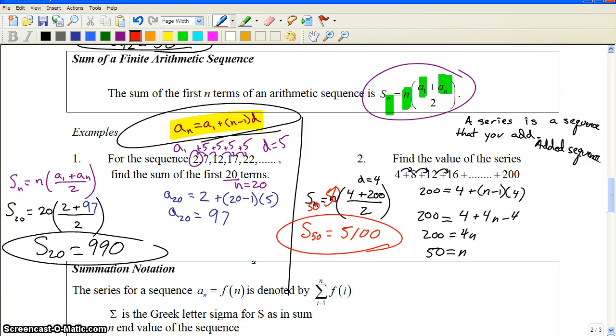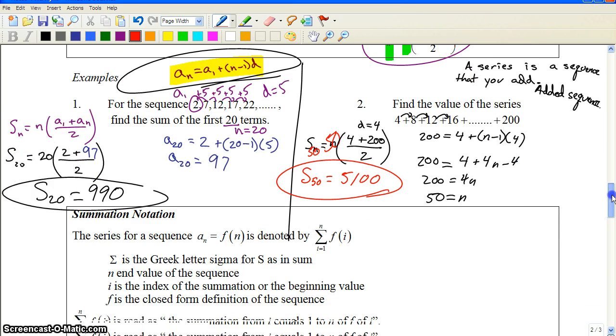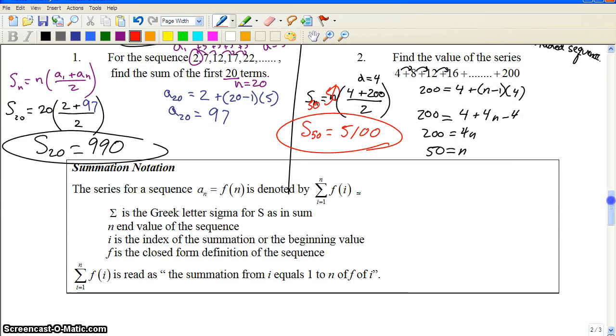But we also have other questions that we need to talk about. To represent a series, we have something called summation notation. Summation notation, it's this big E. By the way, if you're watching TV and somebody's doing math on TV, the likelihood that there's a summation notation is very high. And then when you see it, you can feel like you're awesome because you studied that. So good for you. Essentially what this